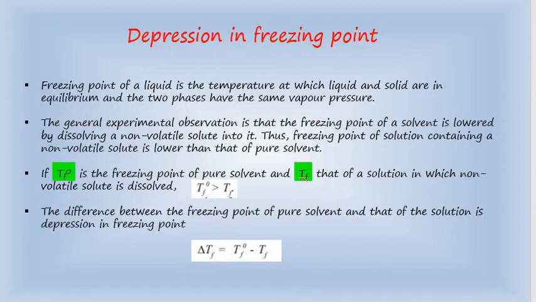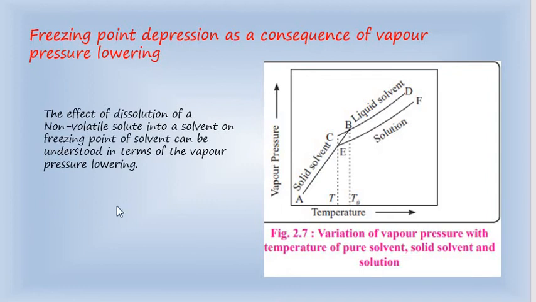So, freezing point of solution containing non-volatile solute is lower than that of pure solvent, exact opposite of elevation in boiling point. If Tf naught is the freezing point of pure solvent and Tf is that of solution in which non-volatile solute is dissolved, then Tf naught is always greater than Tf, and difference between these two terms will give us depression in freezing point, which is represented by delta Tf. So delta Tf is equal to Tf naught minus Tf,